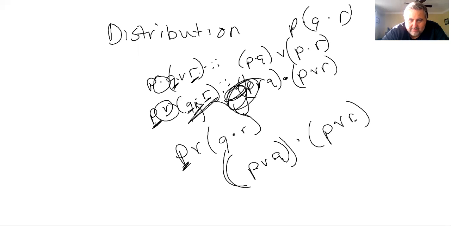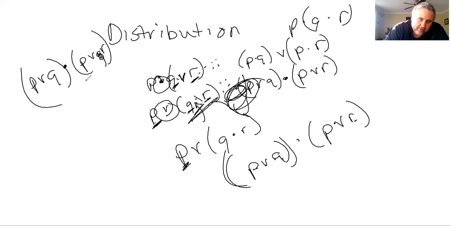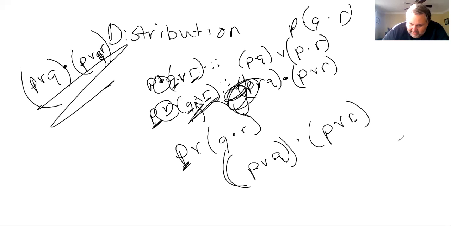When you move it in, the main operator kind of switches. This dot is your main operator, wedge is your secondary. You've got to take the part outside, pair it with the parts inside, and sorry, that should be R. And since the operator inside the parentheses was wedge, you make that the main operator now of the whole statement. All right, and then